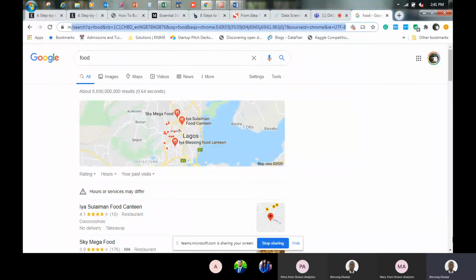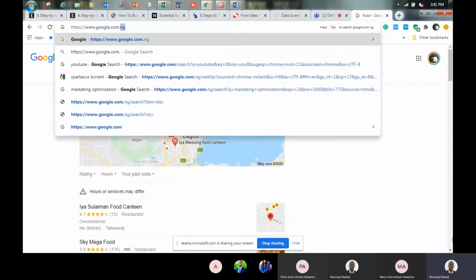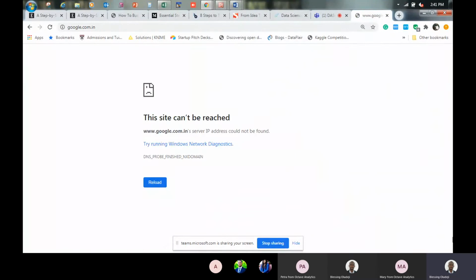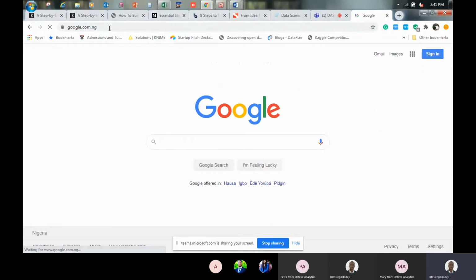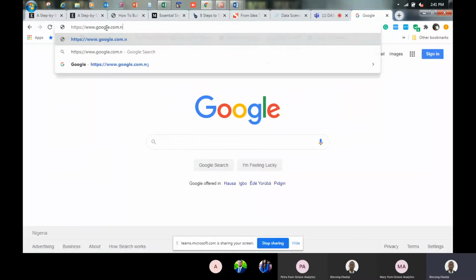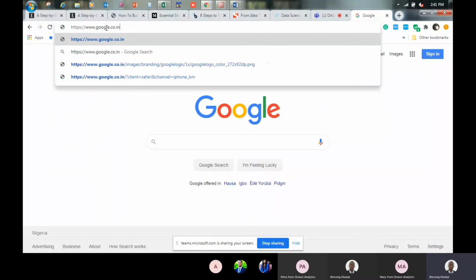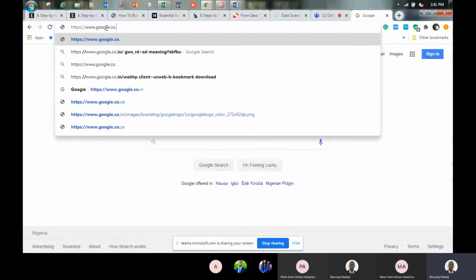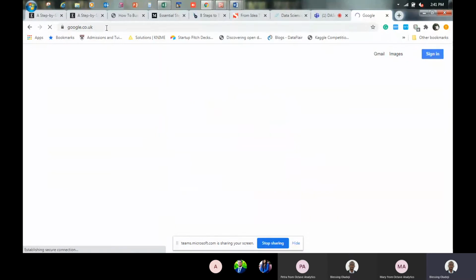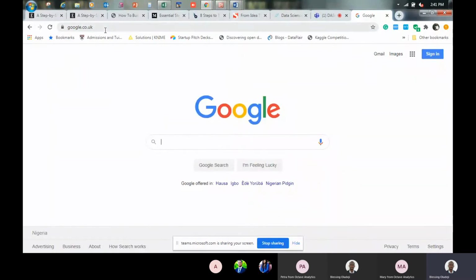So let me quickly show you: .com.ng means Nigeria, google.co.in is India, google.co.uk is UK. Each of these addresses represents one computer, and all of these computers are connected together